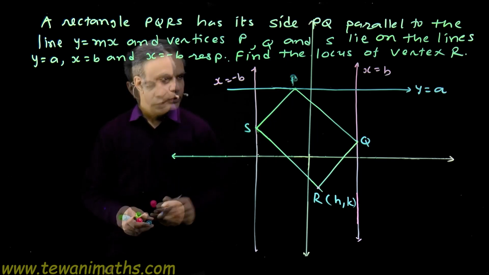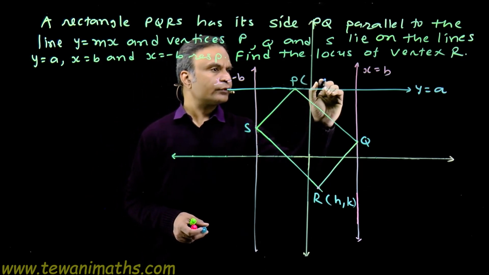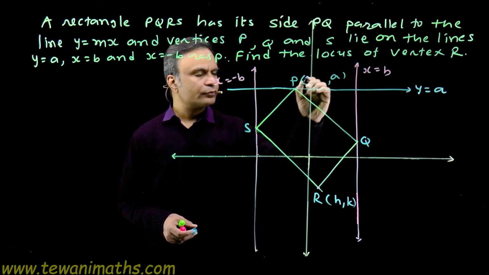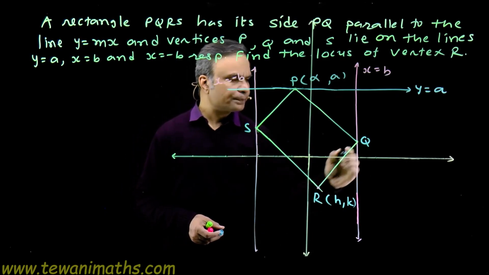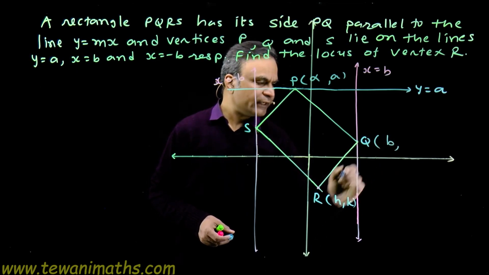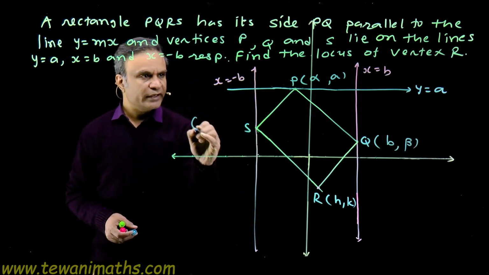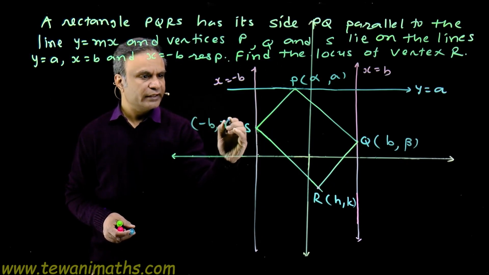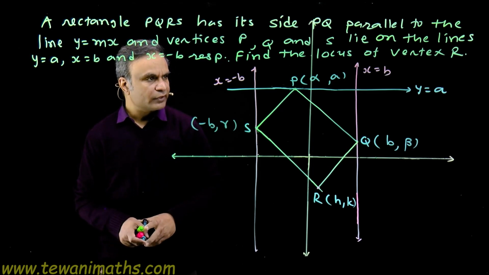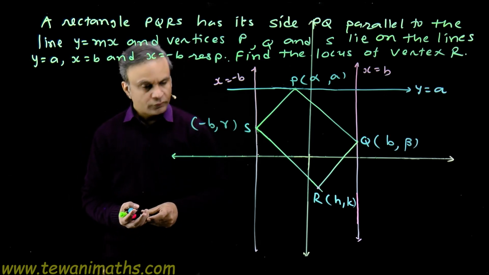Now let's set the coordinates of P, Q and S. The coordinate of point P is a, because this point lies on the line y is equal to a. Suppose the abscissa is alpha. The abscissa of point Q is b. Suppose the ordinate is beta. The abscissa of point S is minus b. Suppose the ordinate is gamma. Here we have three variables alpha, beta, gamma. We will try to eliminate these three variables. Okay. Now